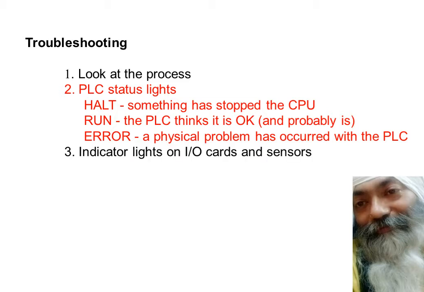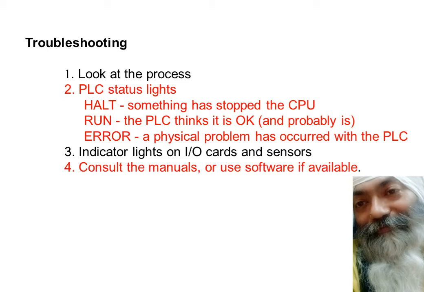We have indicator lights on the IO cards and sensors. From those lights we can get to know which input is high, which output is high, and accordingly we can see whether the signal is coming from the sensor, whether this sensor is being sensed by the input or not, whether the output is giving any voltage, its LED is on, and whether the actuator is actually responding to that voltage or signal or not. All those things need to be in sync with each other. We need to connect all these things together and see where the problem lies.